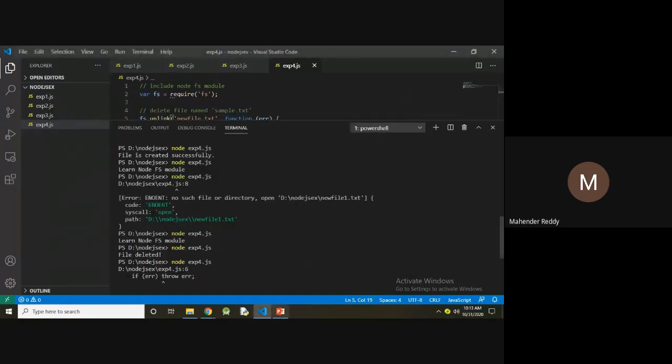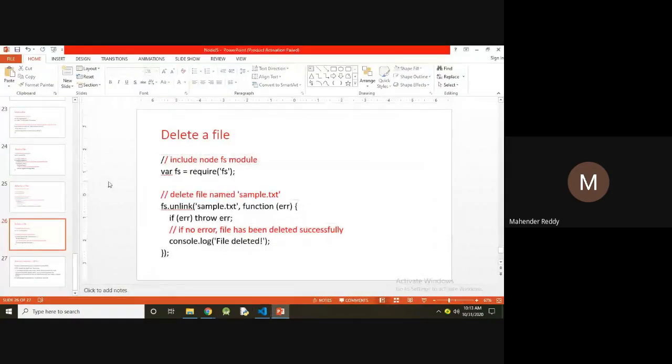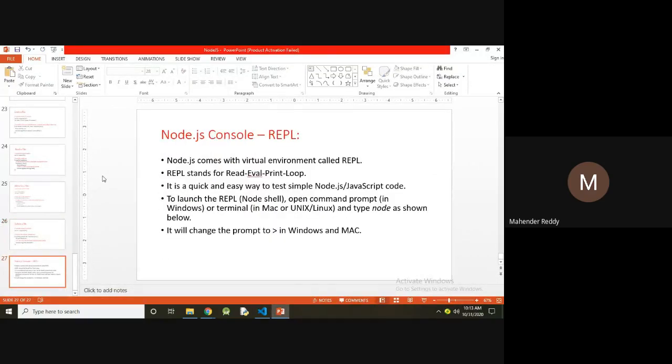And the next topic is the REPL terminal. This topic I will explain in the next class. REPL stands for read, evaluate, print, loop.